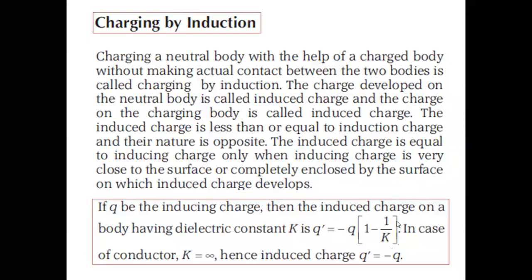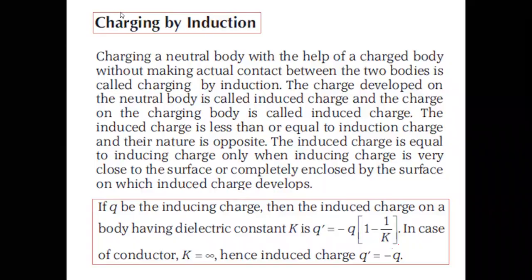So look at this mathematical equation. This is purely in terms of Q, and K is a pure number. It is minus Q times (1 minus 1 upon K). Why minus? If you bring a positively charged body, the induced charge is negative. If you bring a negatively charged body, it becomes positive. In case of a conductor, do remember its dielectric constant value is infinity. So K equal to infinity. Hence, induced charge Q dash equal to minus Q